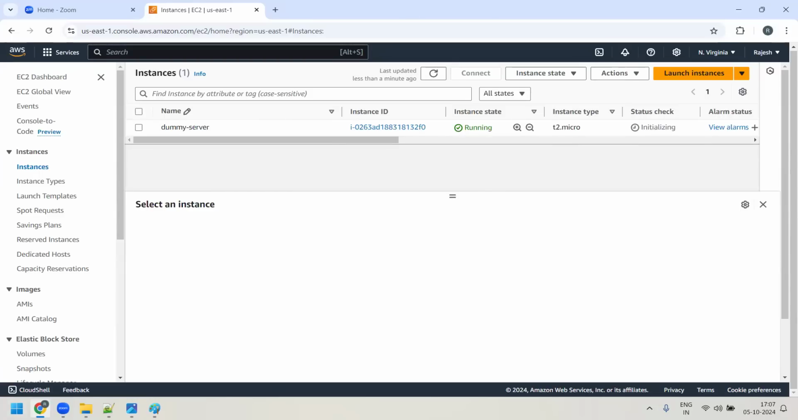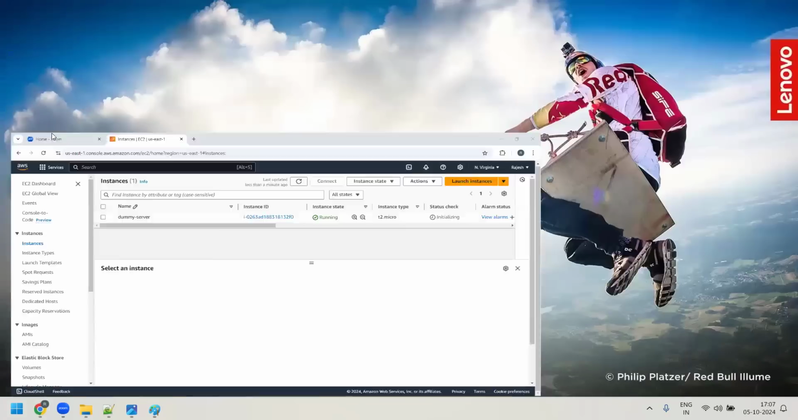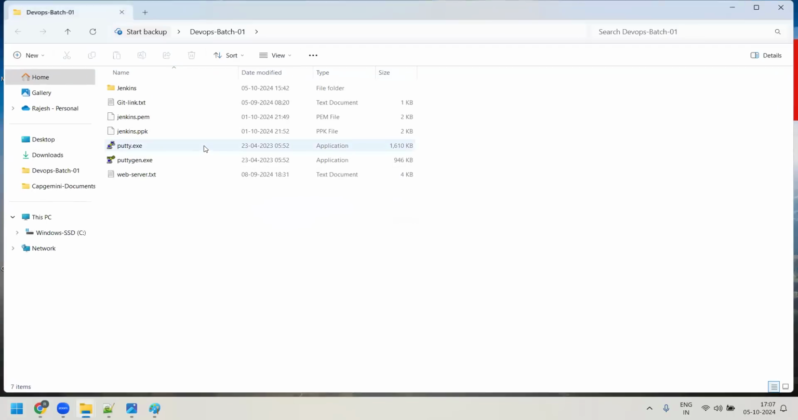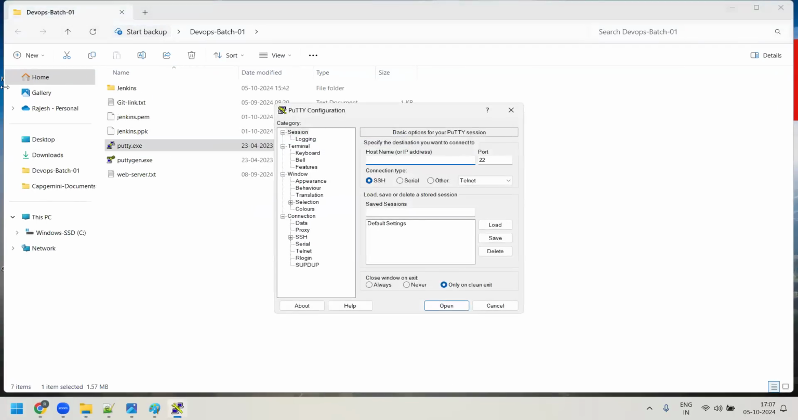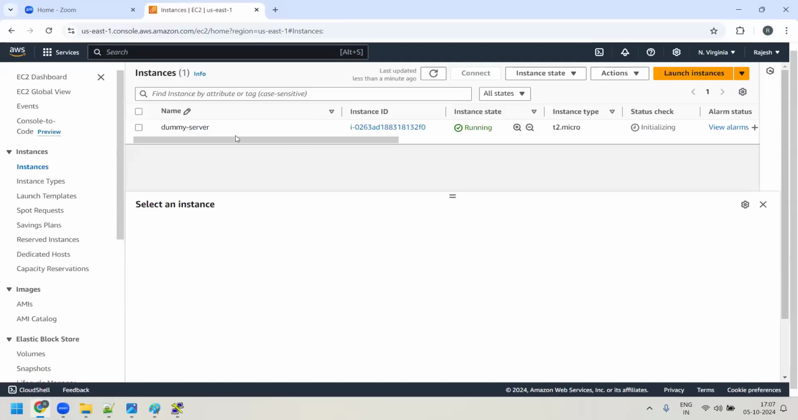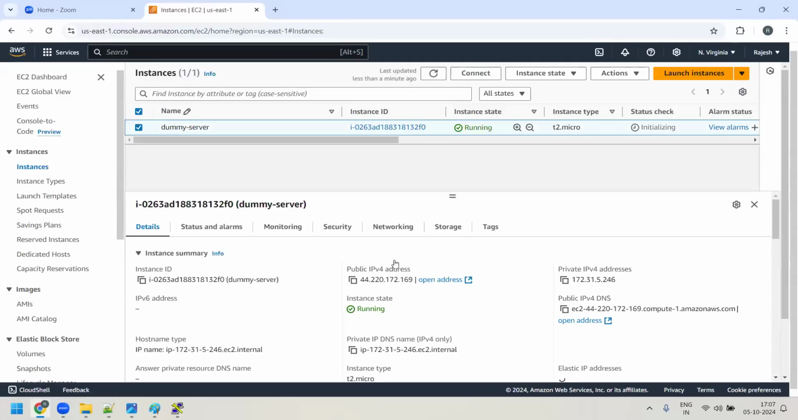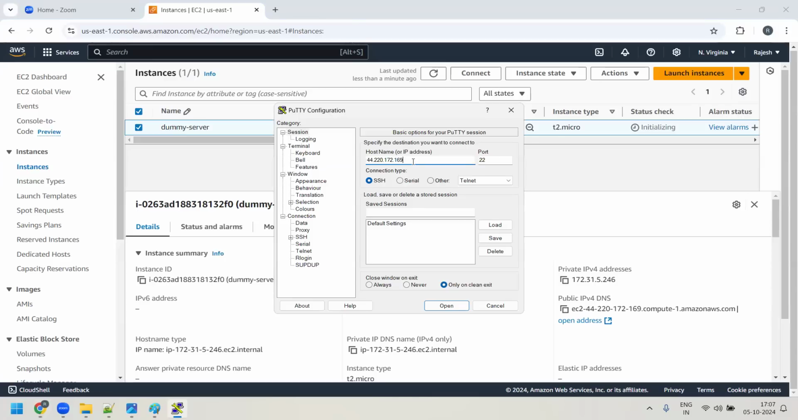So what I will do is go to my folder where I have putty.exe. I'll just launch putty.exe. Now I will copy the public IP, go over to this, and create. As you know, this is an Ubuntu server, so I have to always log in as ubuntu. But I don't want to do this right now. What I will do is create one